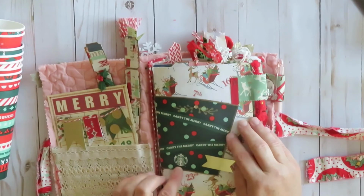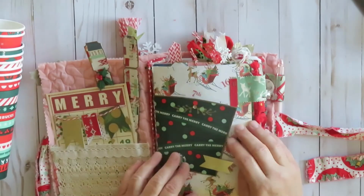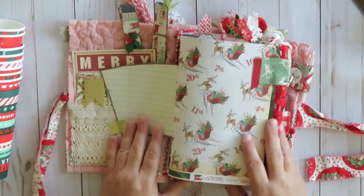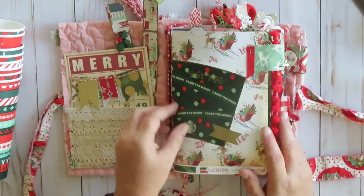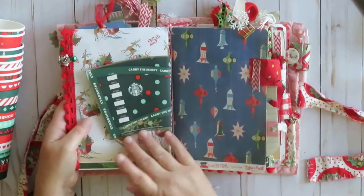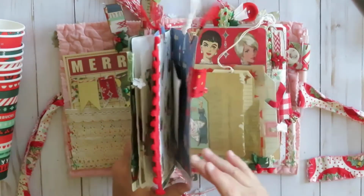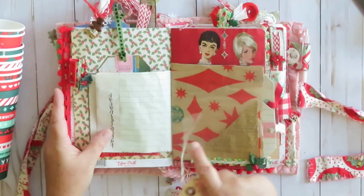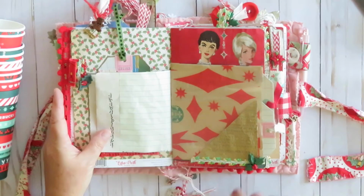One was I made a page out of the Starbucks card itself. So I just lined the other side with lined paper for journaling. And you can see that right there. Another way I incorporated Starbucks products was I incorporated this little pastry bag, and I made it